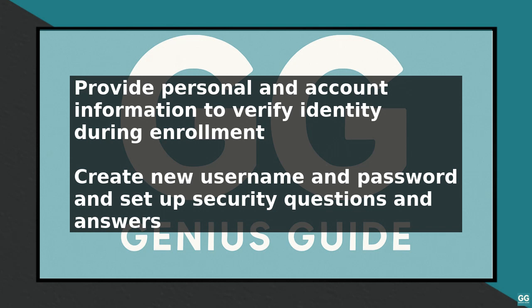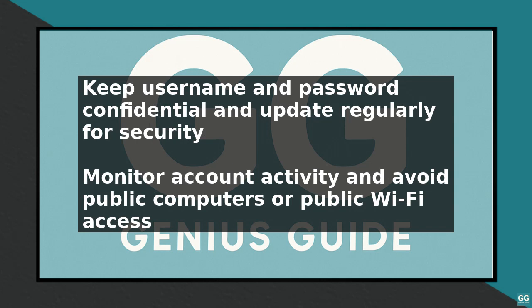To ensure the security of your account, make sure to keep your username and password confidential, and avoid using public computers or public Wi-Fi to access the mobile app. It is also a good idea to regularly update your password and to monitor your account activity for any suspicious transactions. By following these steps, you can easily request and start using the Fifth Third Bank mobile app to manage